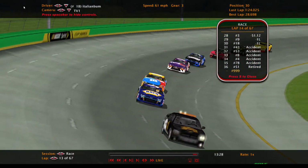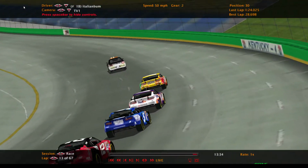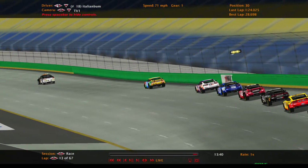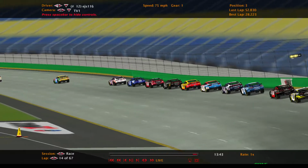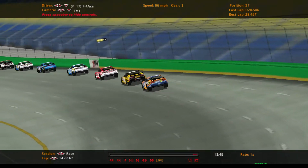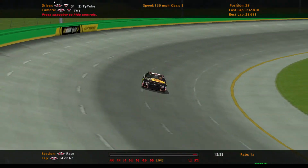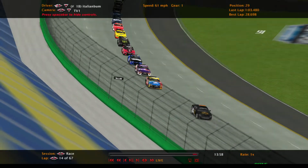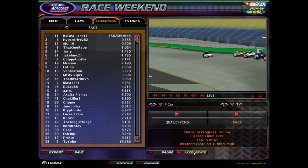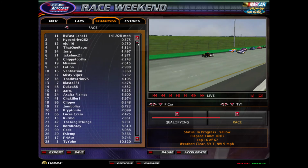Yeah, as we see, every last one of those cars involved in that accident are out of the race, even CS. And Steve begrudgingly pits. Canadian Lux is going to get a better finish because of that crash. That was our first pit stop under caution. Tayo did a great job not getting in the crash, but he runs 28th as of now. Italian trying to hold himself on the lead lap. And Canadian Lux has just resigned his fate to being a lap down. I think he actually...